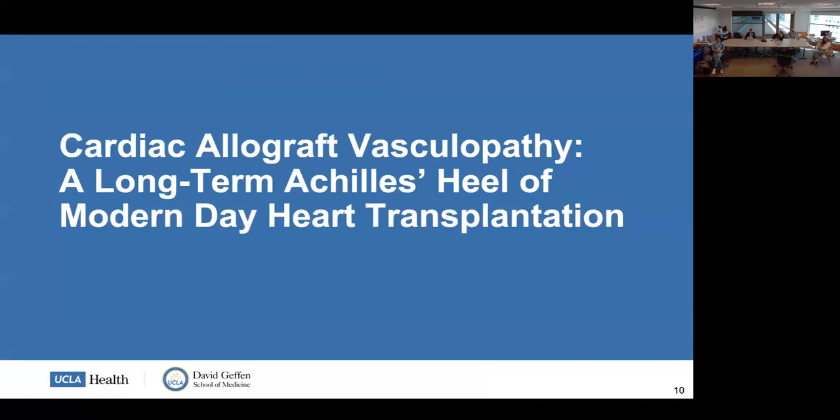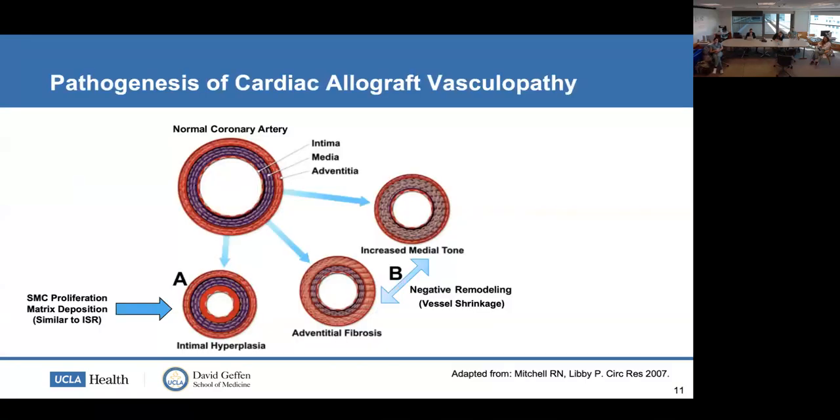And so now I want to shift gears and talk about cardiac allograft vasculopathy and show you why it's a long-term Achilles heel of transplant today. Just briefly to review the pathogenesis, cardiac allograft vasculopathy, or CAV, is an immune-mediated and inflammatory-mediated